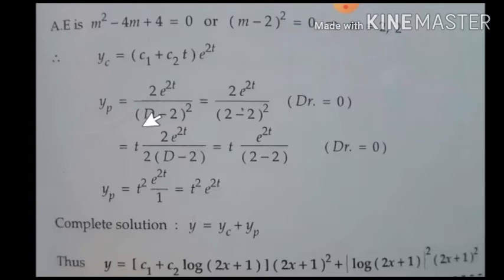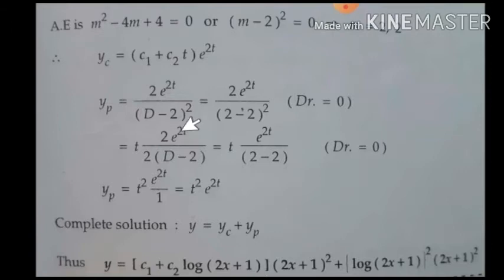We should multiply it by a variable t here, not x, because the independent variable is t here. So multiply it by t on the left hand side of the differential operator and differentiate this equation. So if this bracket term, if I take x square, it will be 2x, 2 into D minus 2, then the derivative of D is 1.